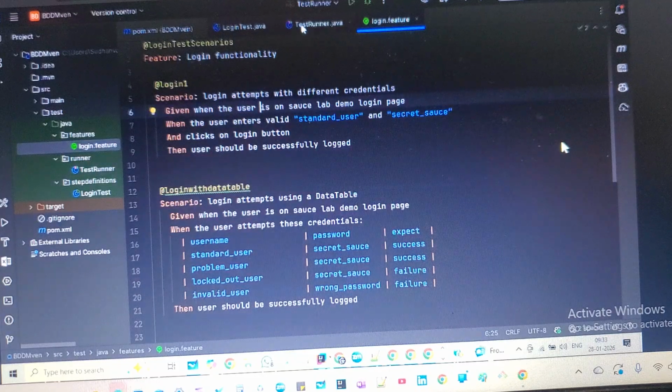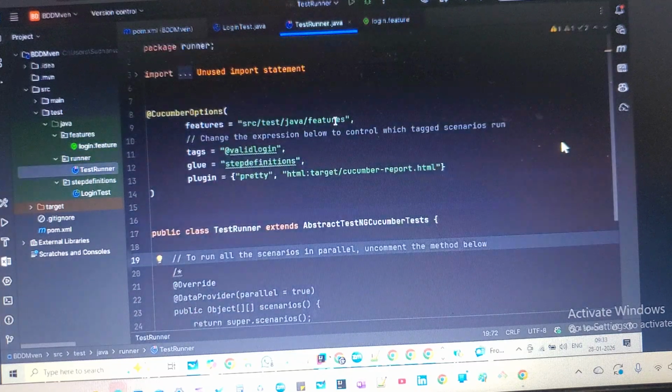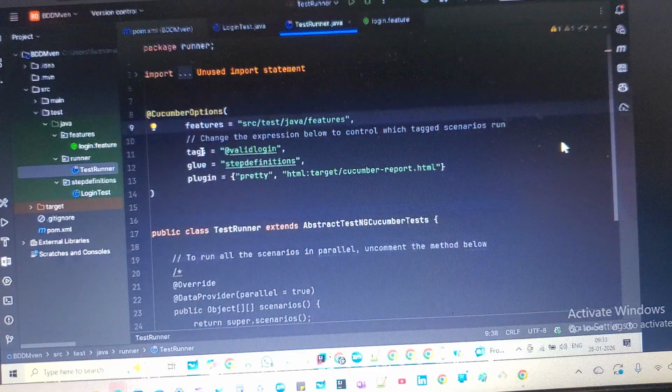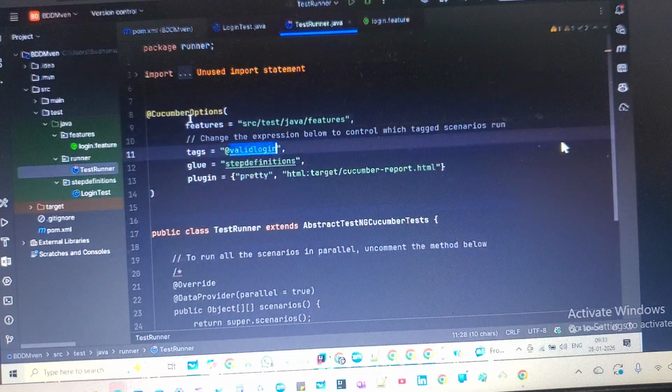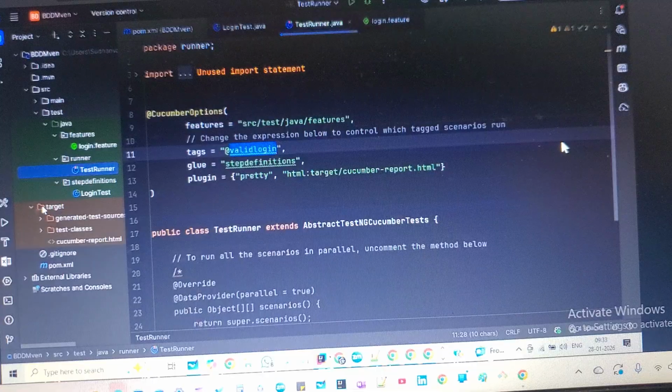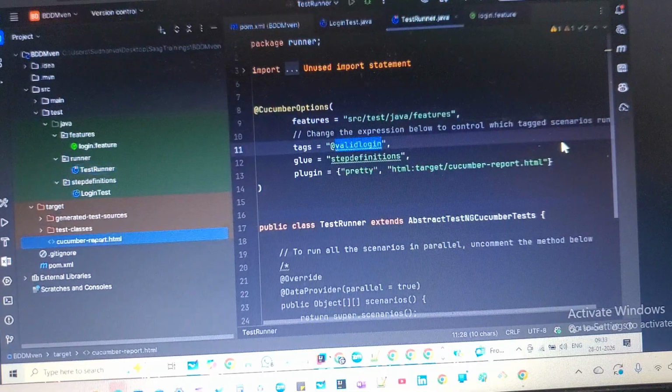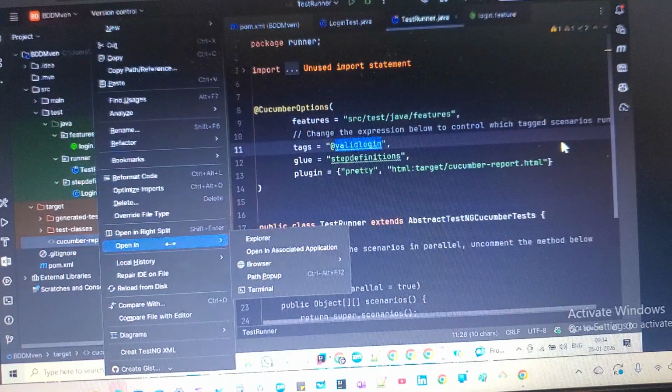Okay, so just to know, but otherwise this is how we link our features with the step definition. This is where our features are, this is where our step definitions are, which tag you want to run. One more thing is, if you go here to the Cucumber HTML report, this is the report where you have to see. If you open it in the browser,